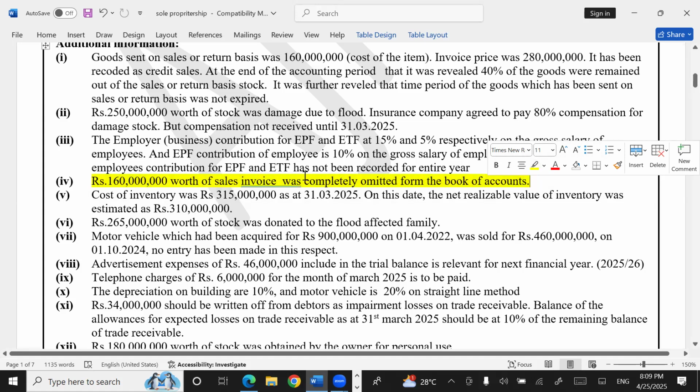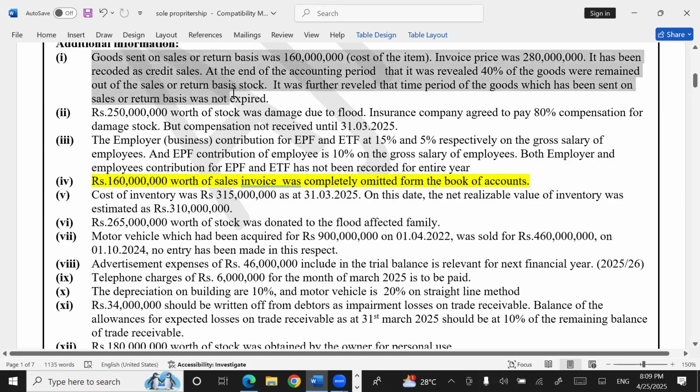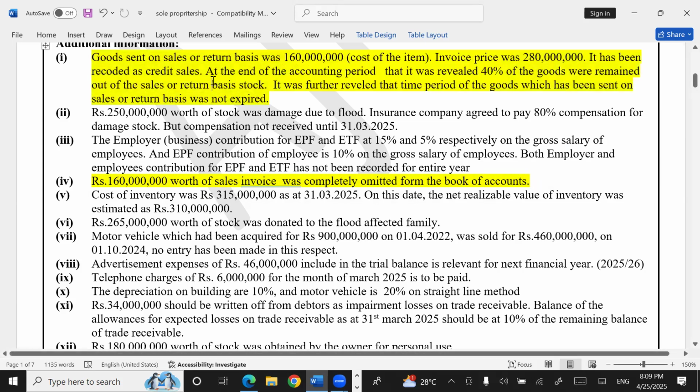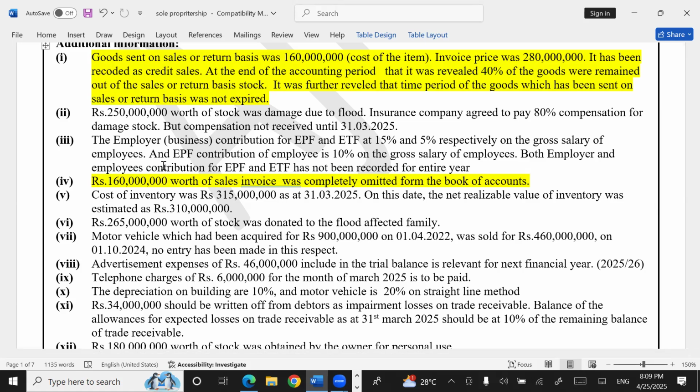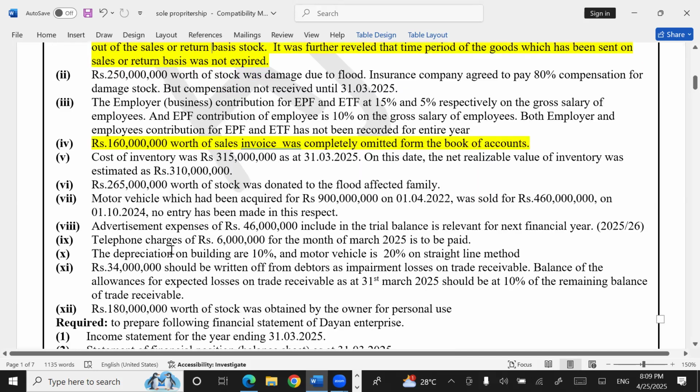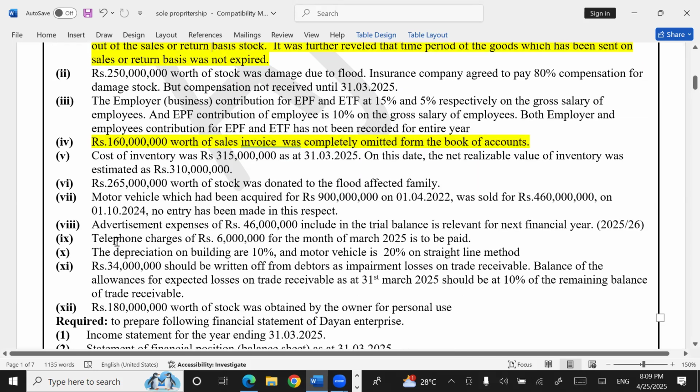Sales invoice complete omitters. Think sales invoice means credit sales. And at the same time, if it has given goods sent on sales or return basis, an additional second one should be done after that. Think goods sent on sales or return basis. And at the same time, inventory adjustment. If it has given closing stock, that also should be done at the same time. And given closing stock adjustment also,